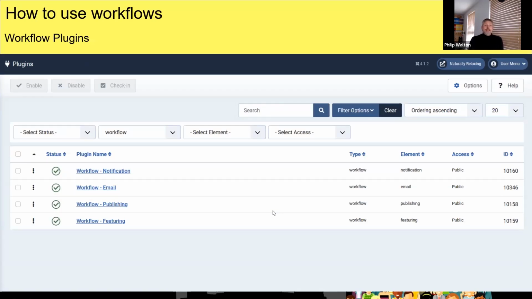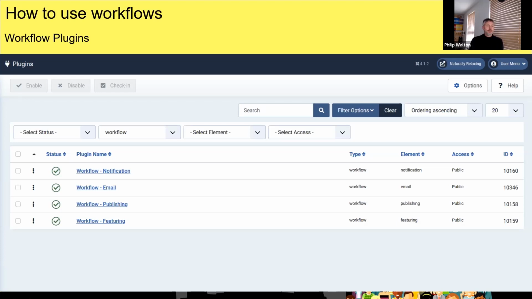So this is the back end of the plugin area for workflows. Workflows have their own plugin type now, and that's really nice. And so I've simply selected here the plugin type, and you would normally see notification, publishing, and featuring, because you can feature things in workflows.